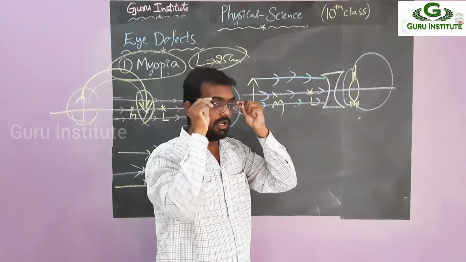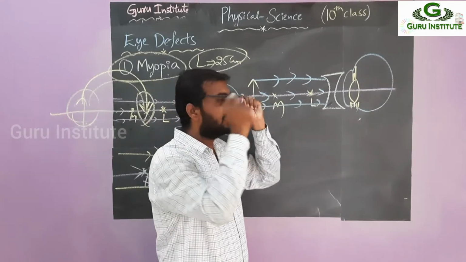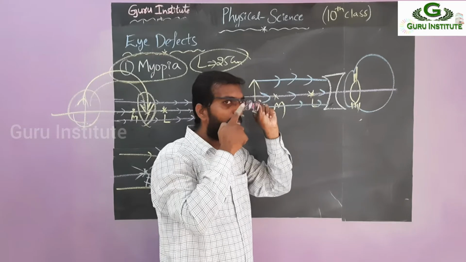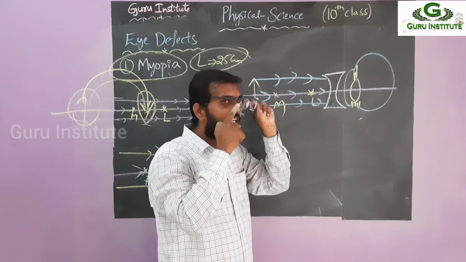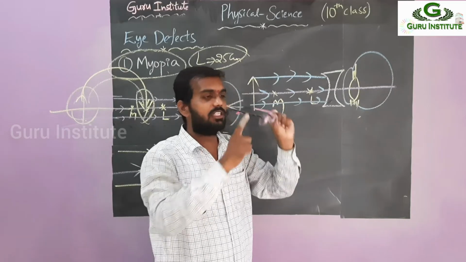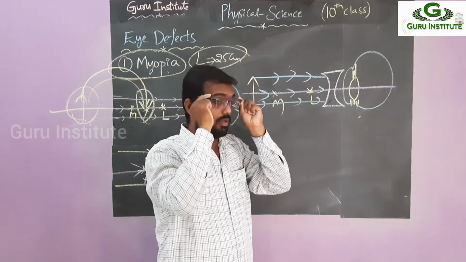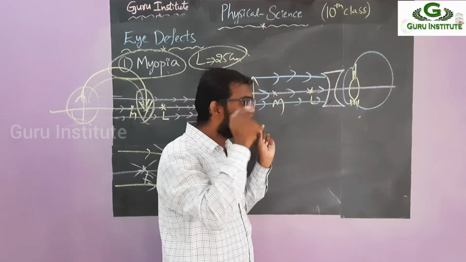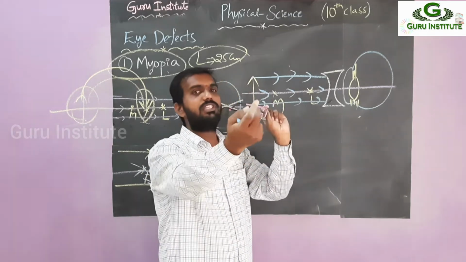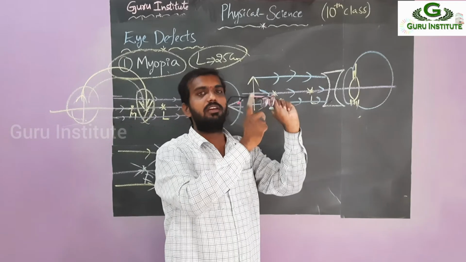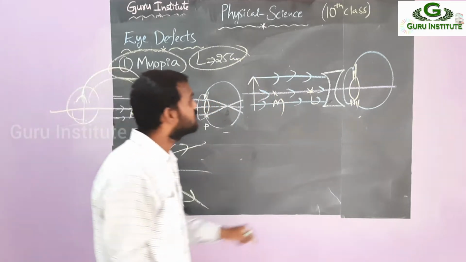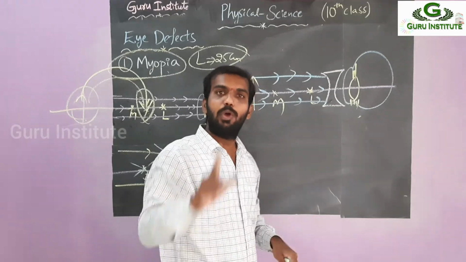So if I wear this like this, what will happen? First any object enters up to here. Then after this it enters my eyeball, right? So into my eye. First it enters this, then our eye. So a little bit of gap is there. So the first object I see is falling on this lens only. That means here, for defect correction, what do we have to use? We have to use the concave lens, right?